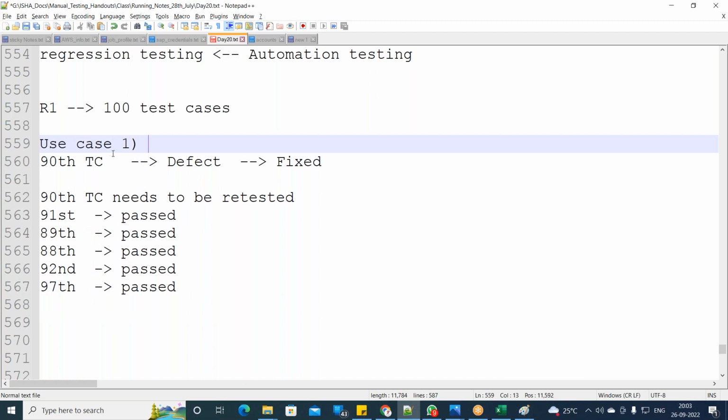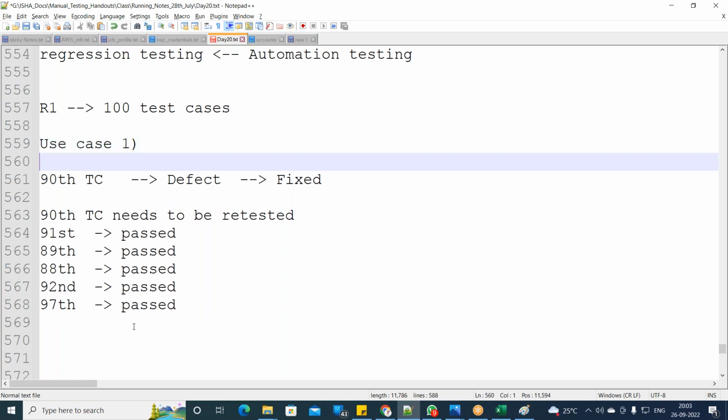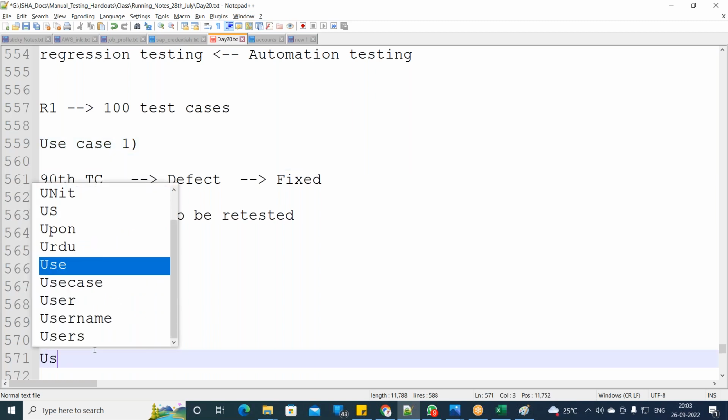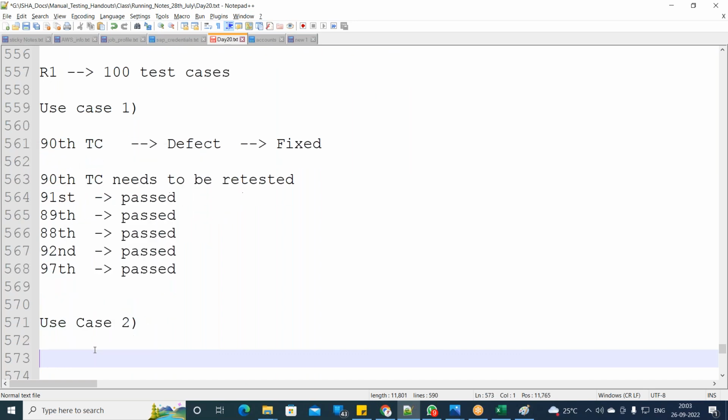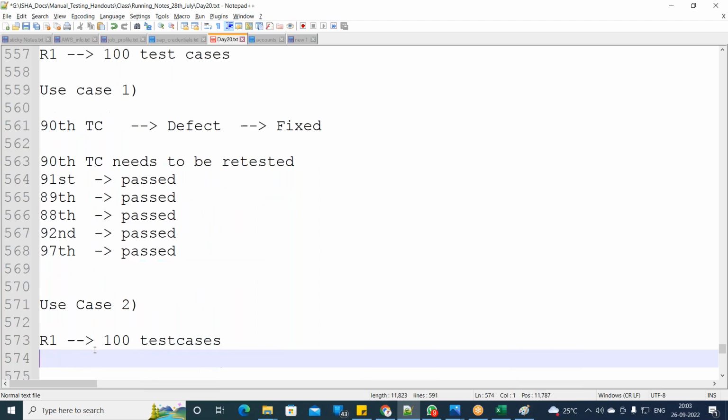Let's say this is scenario one, or use case one, where the regression testing is done. Let's take another use case. Use case two. Now in release one, there are 100 test cases. Everything is tested, the release is closed and all that. The next week,